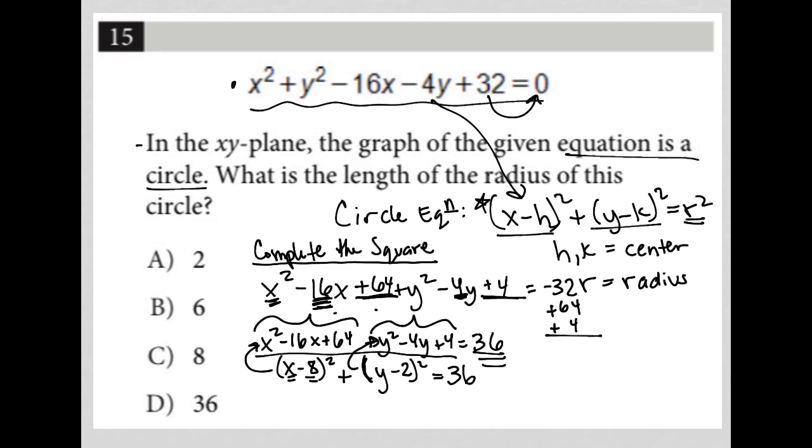So here's our equation. I'll write it up here at the top. (x minus 8) squared plus (y minus 2) squared equals 36. The question is asking for the radius. So because we know that this is the r squared portion of our equation, we know that r squared is equal to 36. We can square root both sides. And r is therefore equal to 6. And therefore, a correct answer here is choice